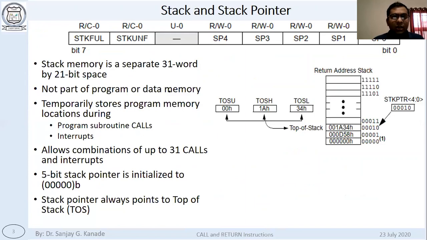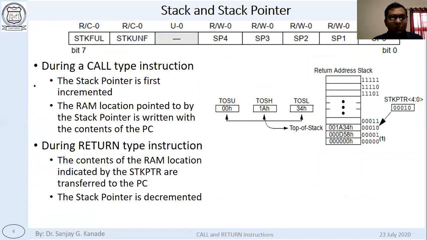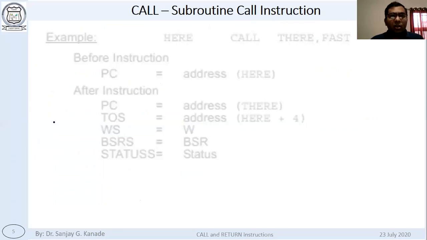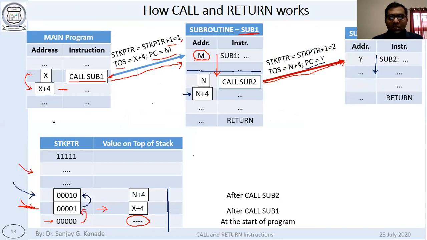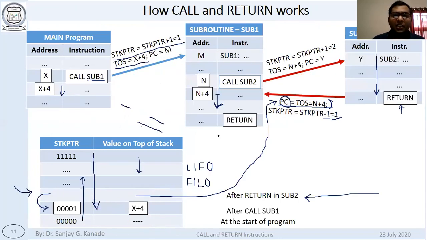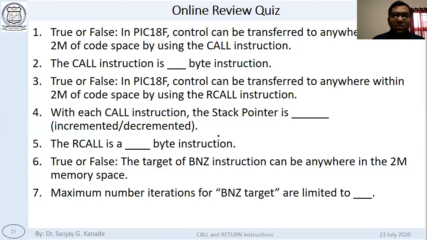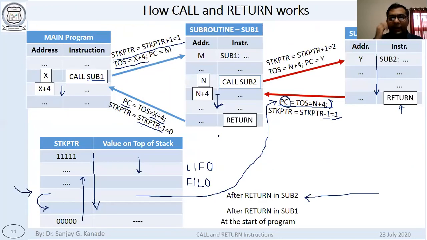See here, during a call instruction, stack pointer is first incremented, then the location pointed by stack pointer is loaded with the contents of PC. Okay, so this is how call and return instructions will work, and this is how the automatic returning back happens.